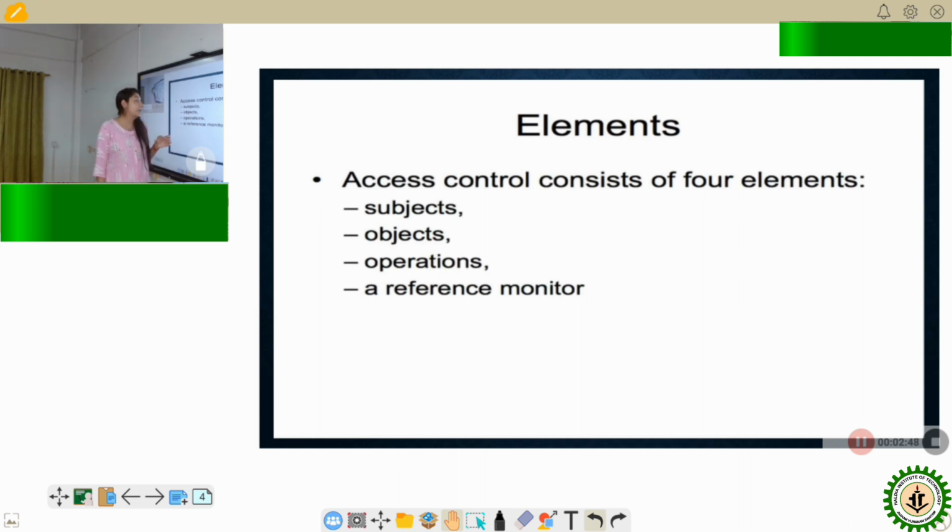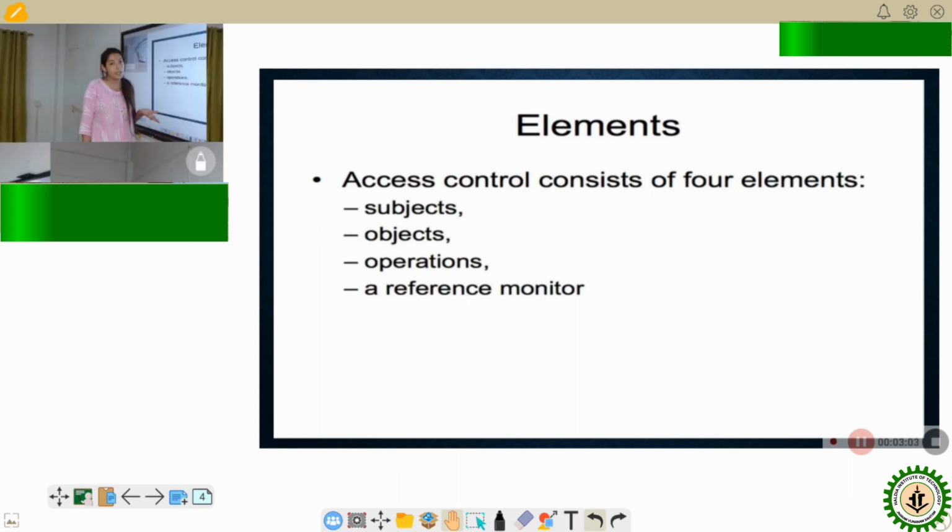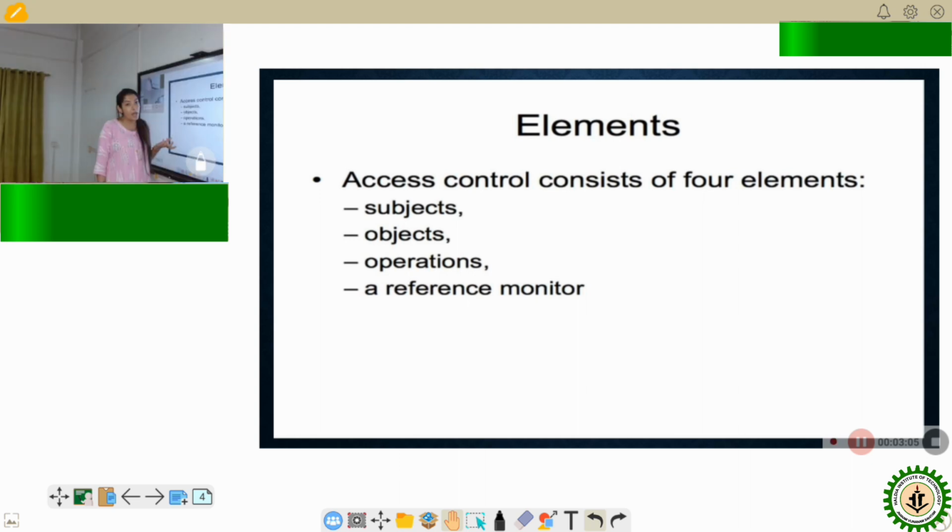For example, can a subject perform a read or write operation on a file, and if so, for what time duration, from which place, and at what time? All those things are detailed in the operations element. The fourth one is the reference monitor, which will be explained in detail in the next few slides.